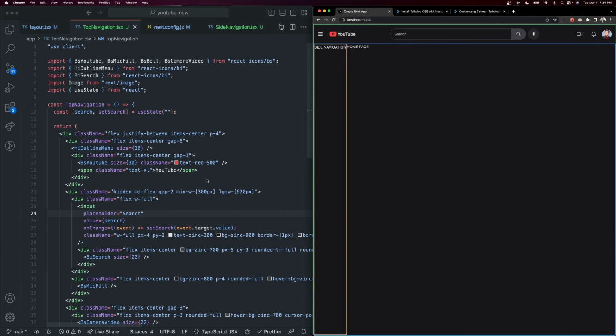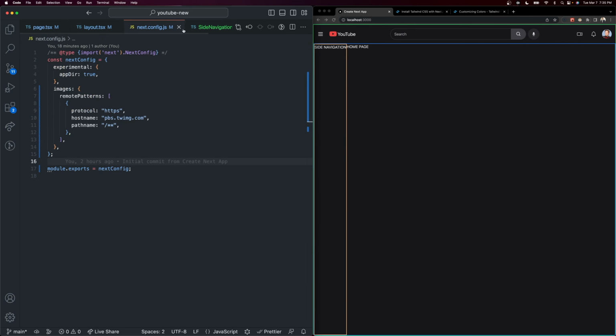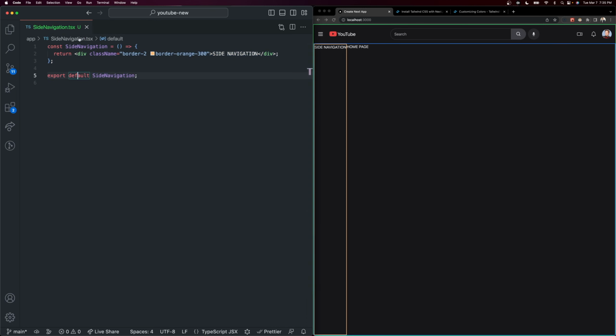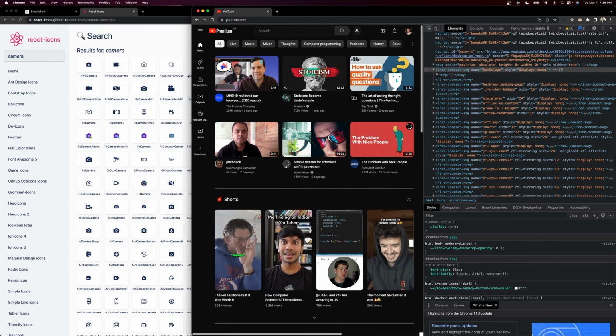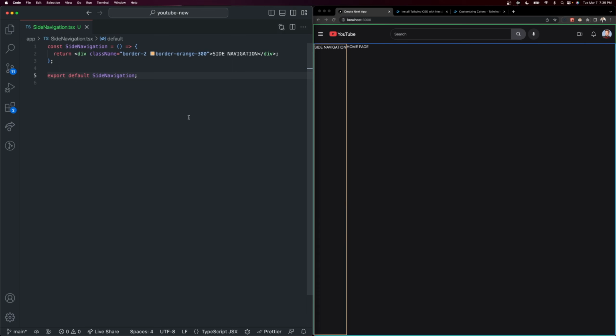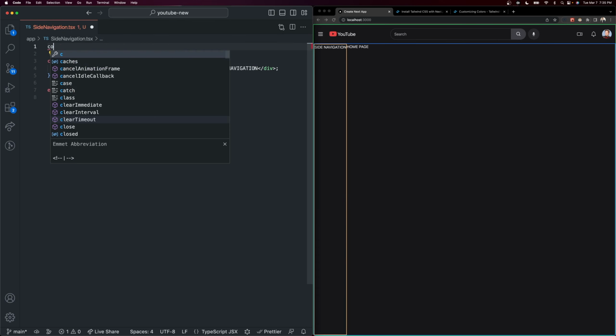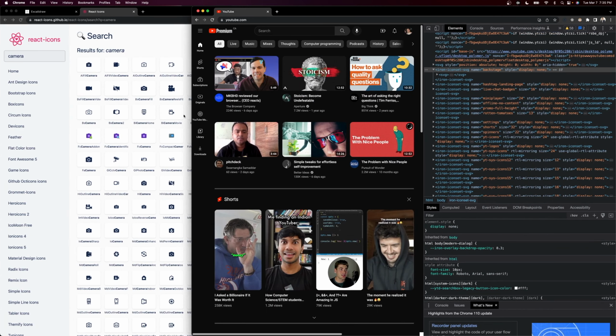So let's jump over to our code. Let's close top navigation. We're going to be done with that, and let's close next config. We're not going to need that anymore. We don't need layout. We don't really need page anymore right now as well. Side nav is going to be our main focus. Now, as I just mentioned, we have this arrangement of menu items here. So whenever I'm creating one of these menu items, I usually create an array that represents each of these things. But again, before we talk about